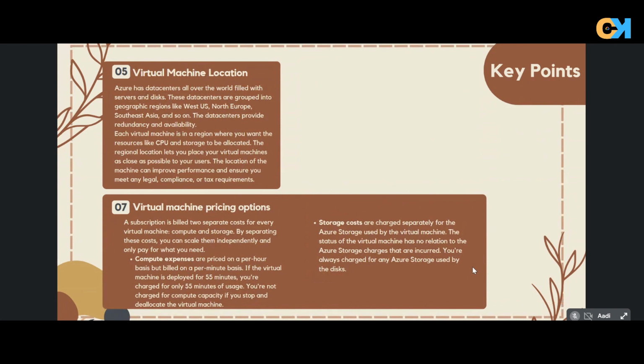Now next is virtual machine location. As we know, Azure has data centers all over the world filled with servers and disks. These centers are grouped into geographic regions like West US, North Europe, Southeast Asia, and each machine is in a region where we want the resources like CPU and storage to be allocated. The location of the machine can improve the performance and ensure you meet any legal and compliance or